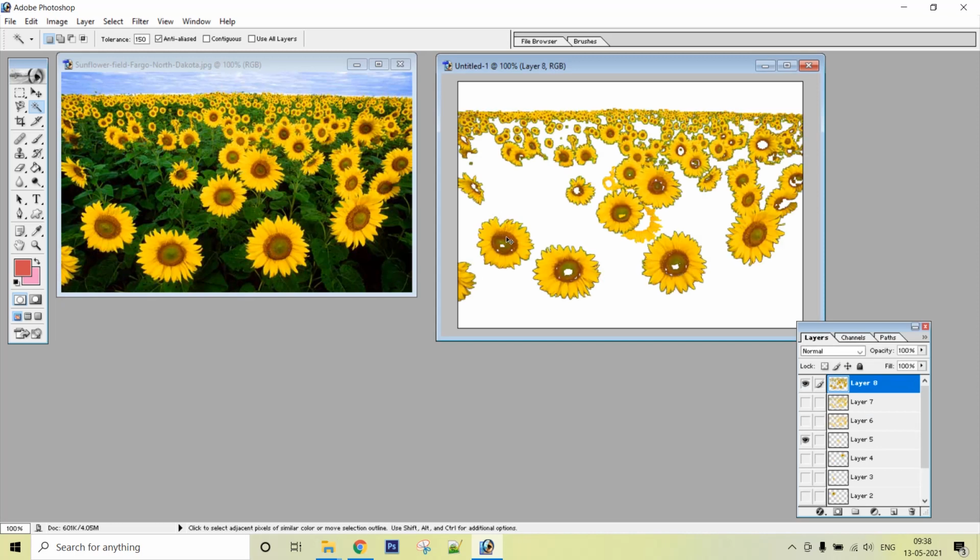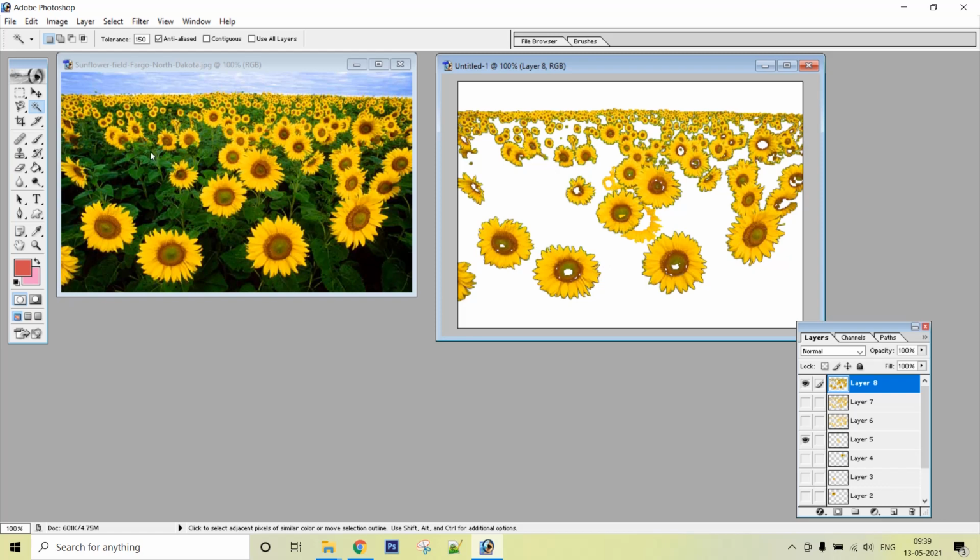and Ctrl V. You can see that this is how all the flowers from that image are selected here and pasted in this layer. So if I check contiguous, then I will just be able to select the flowers which are continuously connected to each other. But if I uncheck the contiguous option, then every section which contains the same range of colors will be selected and can be pasted at any location. Alright, so this is about the magic wand.